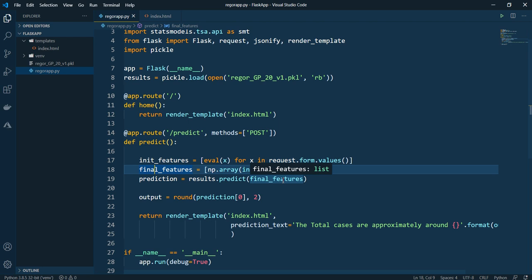So a similar thing you do in this way, by using list comprehension it becomes easy and you need not write many lines of code. And then finally we do the prediction. So we use results.predict, and instead of writing np.array.predict, we are not passing any values, and since final features consist of all the values, that is a flattened array of all the values, everything will be stored in prediction. So prediction now consists of all the features after identifying what the data type is.